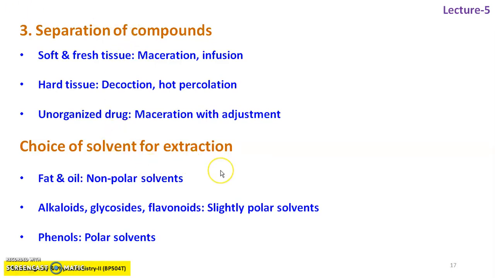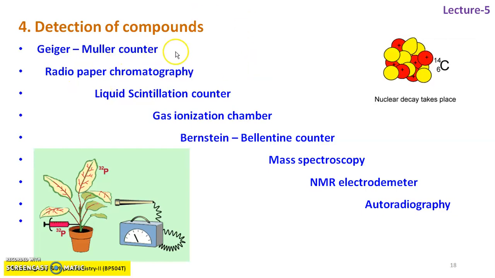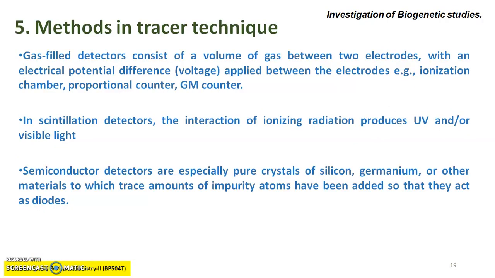Then a choice of solvents is used for the extraction. Detection of compounds can be done by n number of detectors like Geiger-Müller counter, radio paper chromatography, liquid scintillation counter, gas ionization chamber, Bernstein-Ballantyne counter, mass spectroscopy, NMR, and autoradiography. Methods in tracer technique. Gas field detectors consist of a volume of gas between two electrodes with an electrical potential between